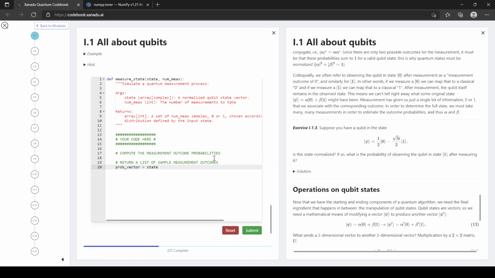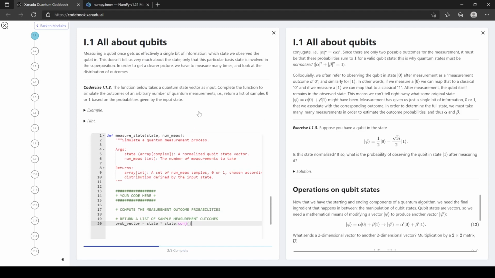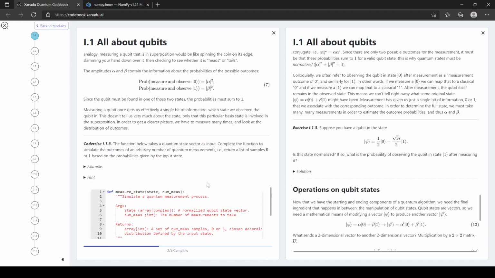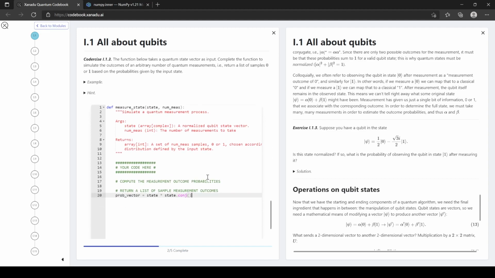No, not by its conjugate transpose. That would be the inner product. We just want to multiply it by its conjugate, right? Because this is going to do element-wise multiplication. So it's going to be A times A star, B times B star, which is what we want. So then we can do